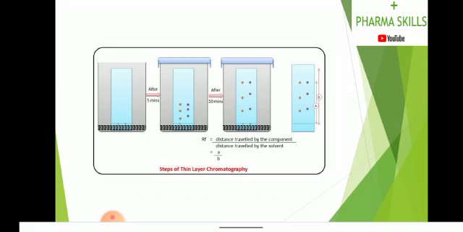Next we use the tank for development, and then we visualize and evaluate it. We can calculate with this RF.